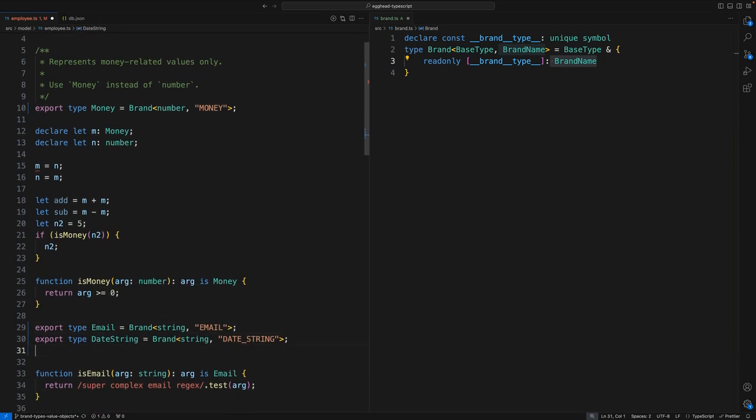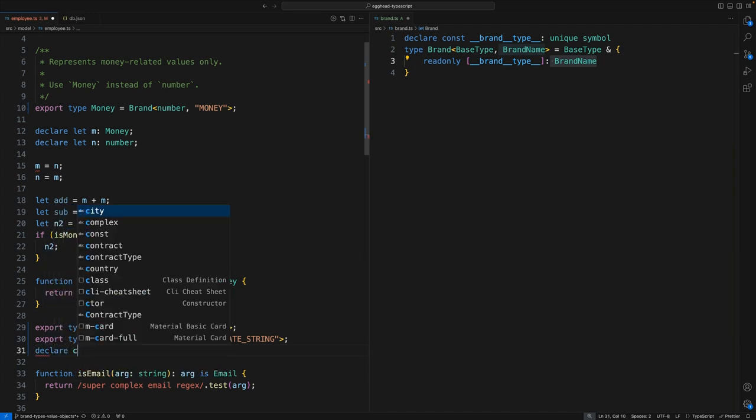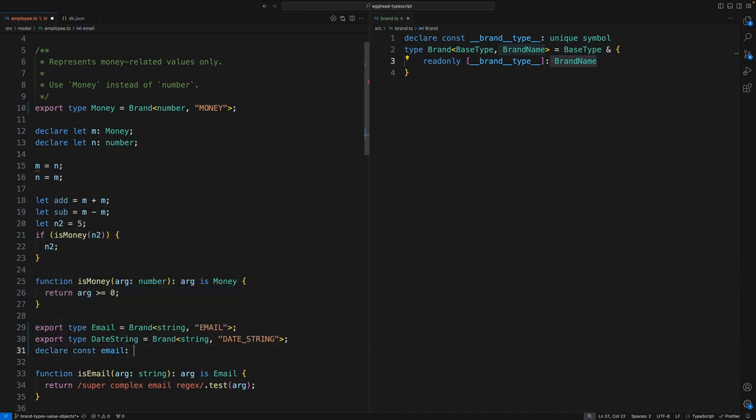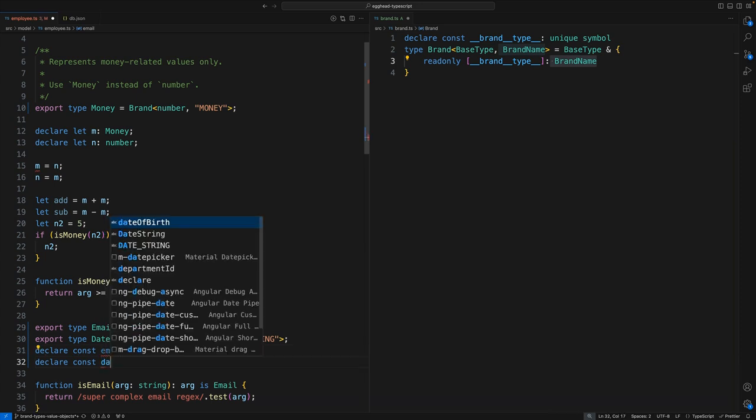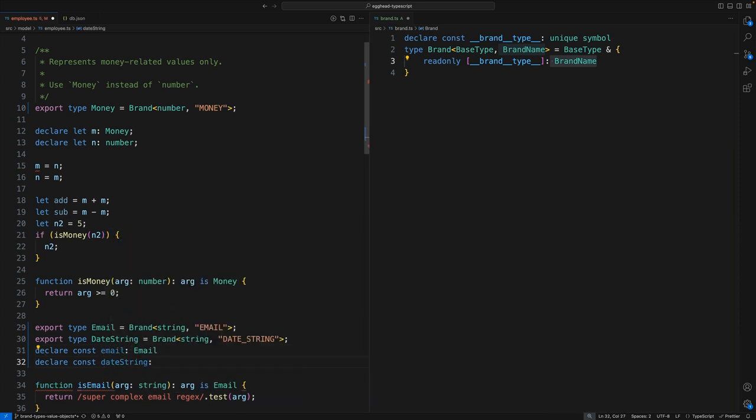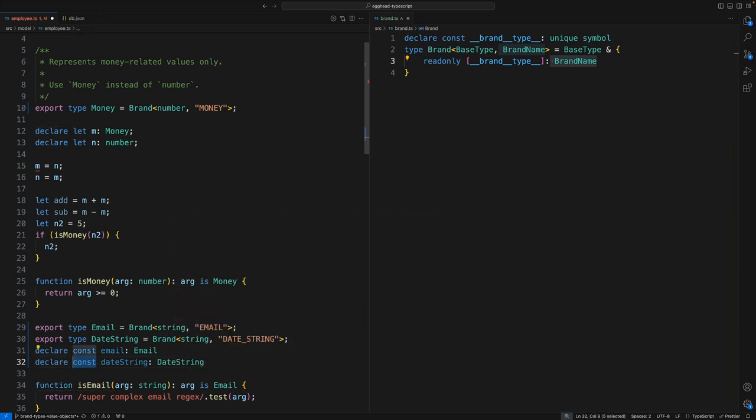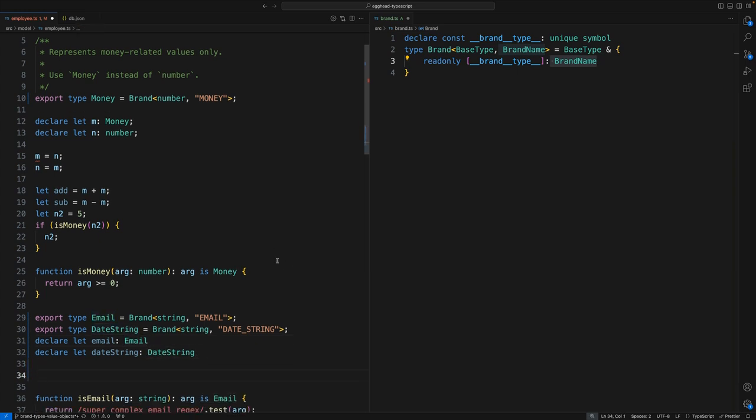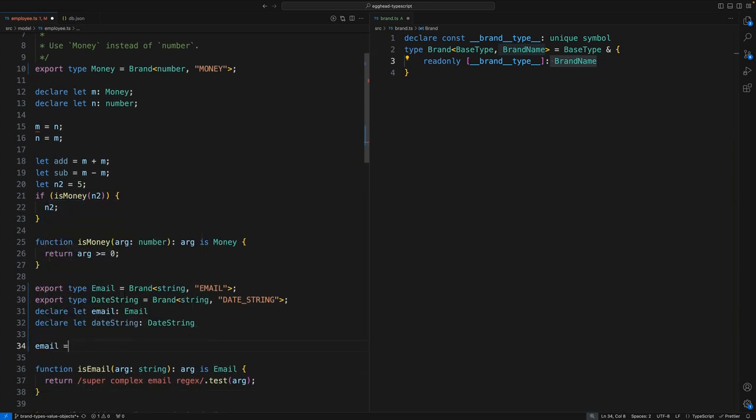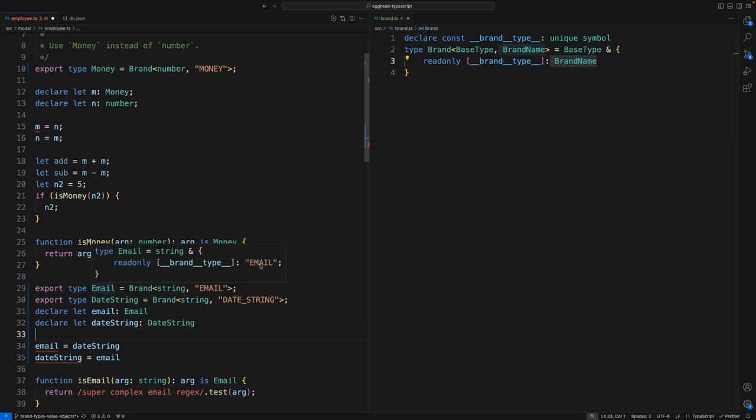So let's see this in action. If we declare a const email, which is of the email brand, and we declare the date string, which is of the date string brand, and we'll just replace these with let so that we can check whether they are compatible when trying to assign one to the other. We'll see that both are not compatible because the shape of the object, the shape of the brand over here